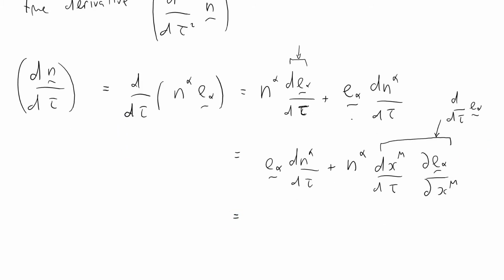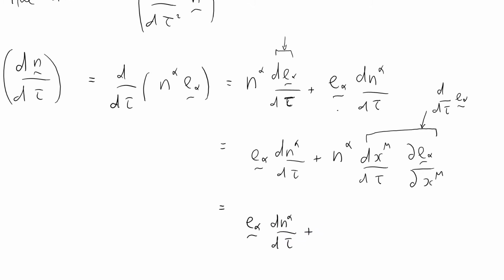Which equals e alpha dn alpha by d tau plus n alpha, and this term here is u mu, because by definition that's the forward velocity of my particle, times the partial derivative by partial x mu, summed over mu of course, of e alpha,